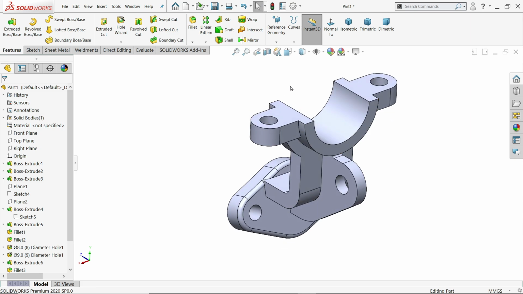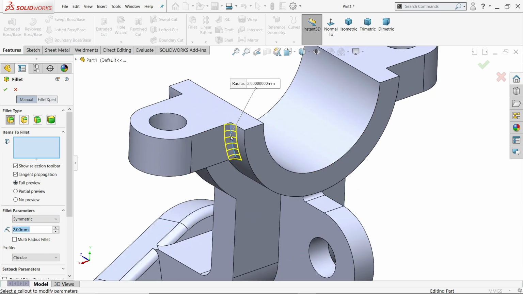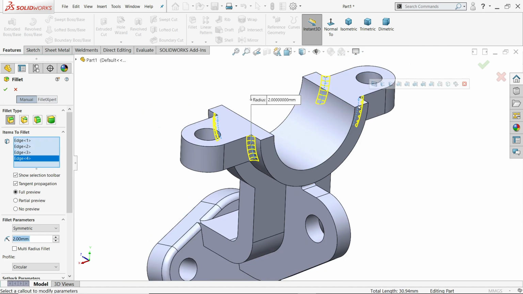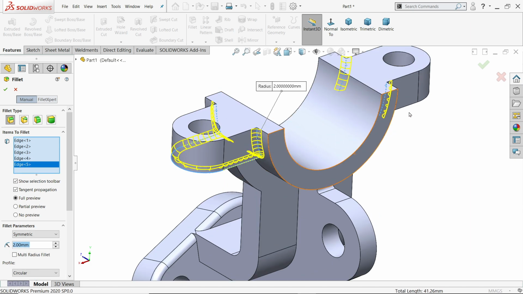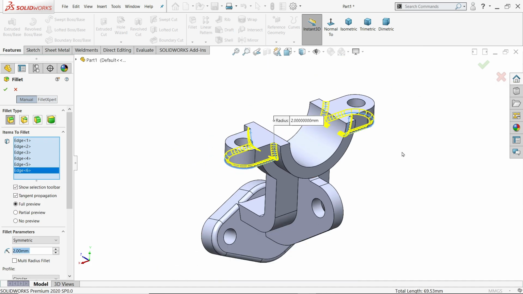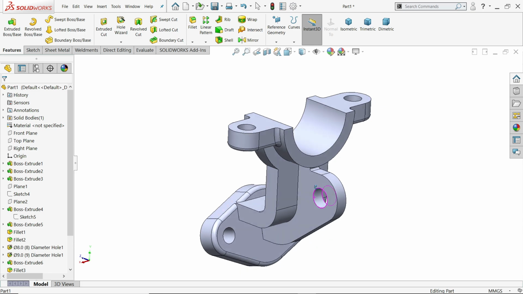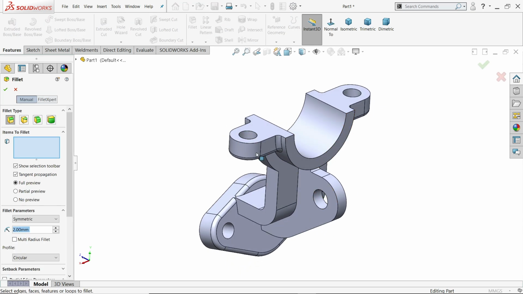Now let's make fillet. Constant size fillet 2 millimeter. I already showed you all edges in the drawing. Now I'll choose this edge. Okay, now let's do this first, then fillet.